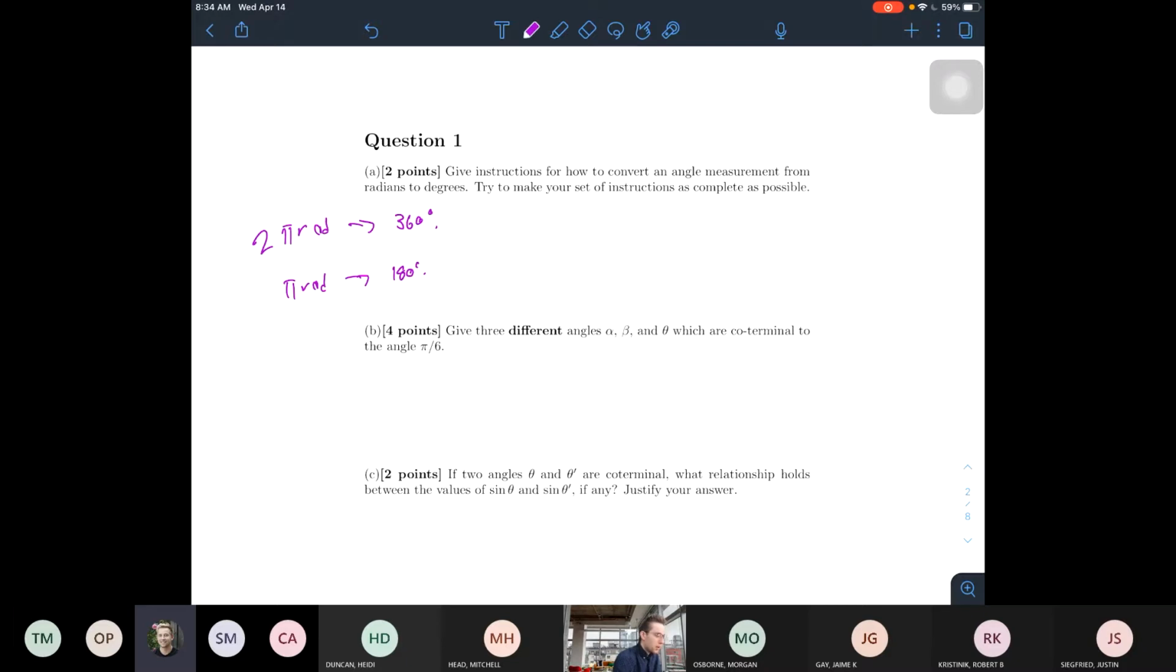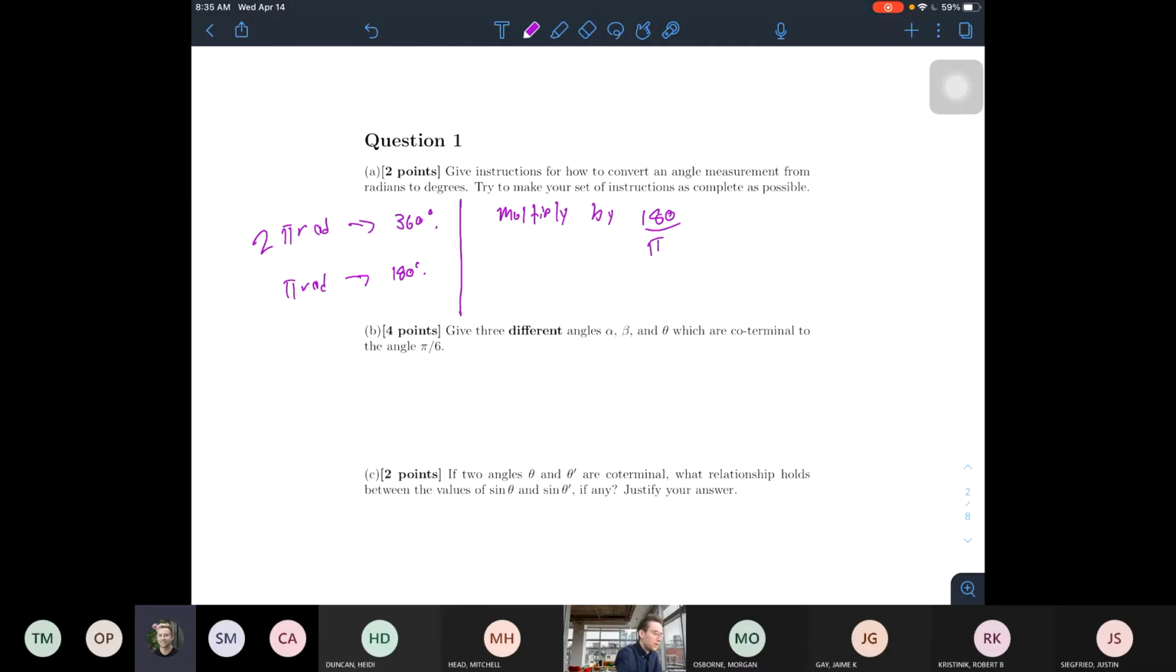You could put it in a number of ways, but most students who answered this problem correctly gave the so-called cheat code of just multiply by 180 over pi. So we take 2 pi and multiply by 180 over pi, we get 360. If we take pi and multiply by 180 over pi, we get just 180, right? And so on and so forth. So this is the way we can convert between